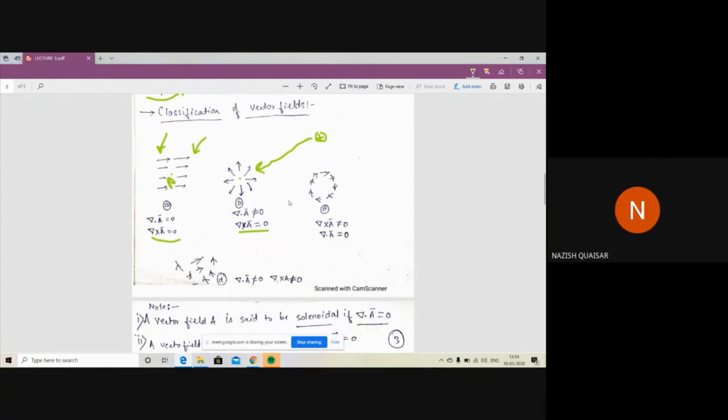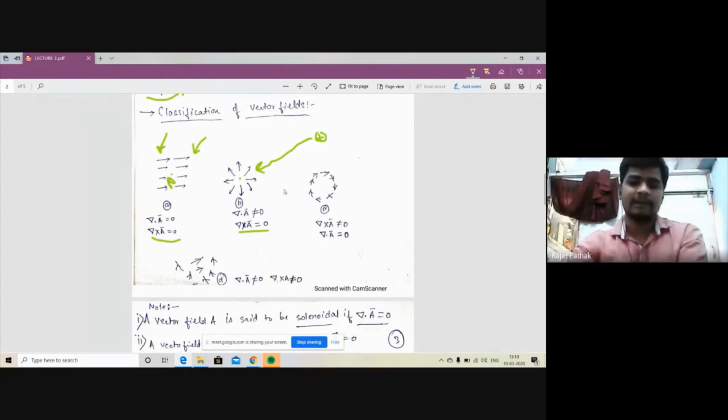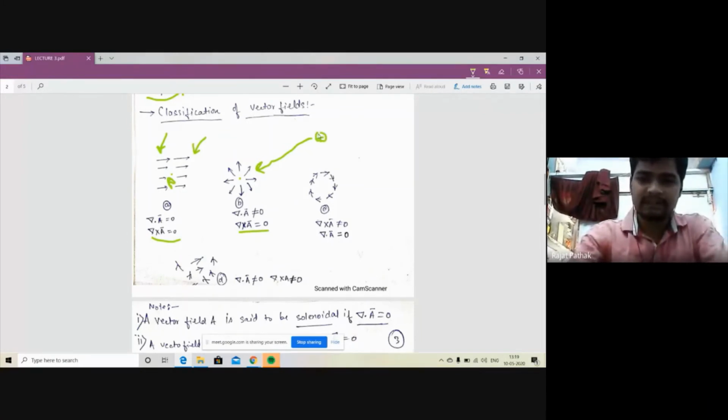Can you explain one more time? Okay, I will explain. Consider a positive charge. If you keep the positive charge in an isolated place, then the field lines will be like that. It is of diverging nature, radially diverging nature, because we are analyzing the charge and the symmetry of a sphere. So it will be like that.